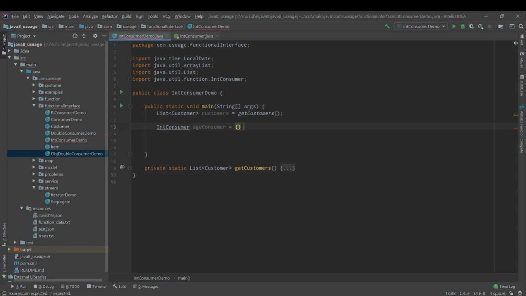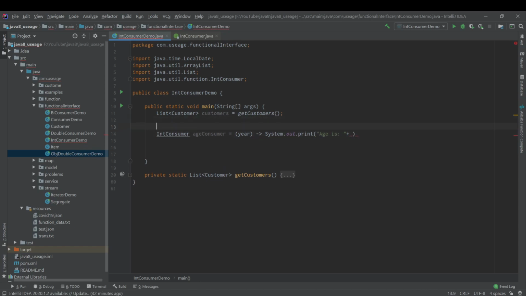It accepts an integer. So what I will do, I will pass a year. For this, I will print the age of a customer, in a normal way. The age is... so here what I have to do, I need to get the current year.